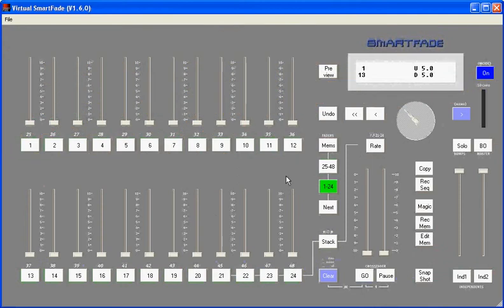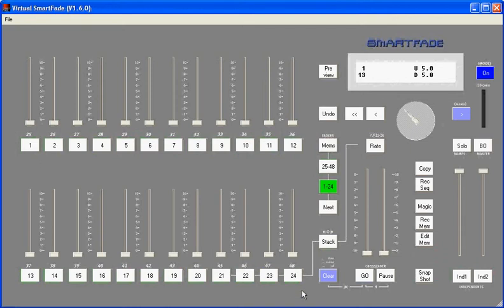In this training film, we'll talk about working with channels on your Smart Fade. Now, in all lighting, a channel is basically a numbered entity which is assigned to a dimmer in most cases. On the Smart Fade, channels are always mapped to one of the channel memory faders. So when I bring up a fader for number 1, for instance, I'll bring up the dimmers that are assigned